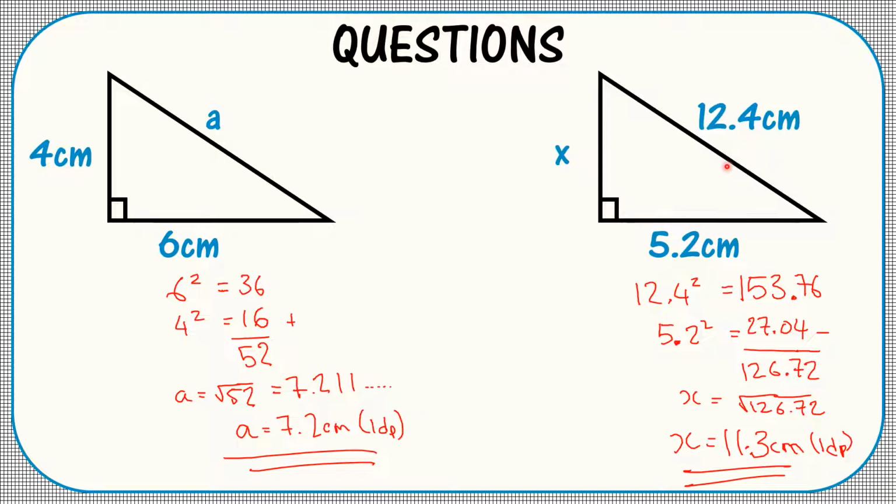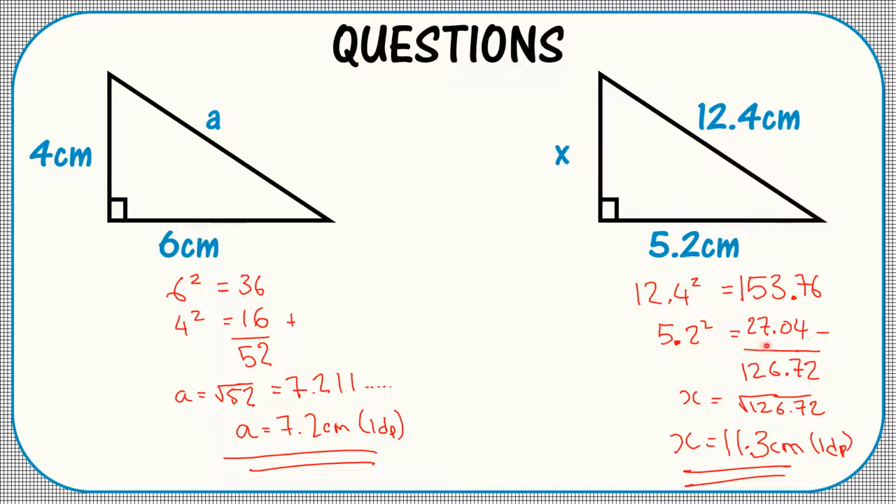In this next example, we are looking for a shorter side. So because we are looking for a shorter side, what you would do is square it, subtract it, square root it. So 12.4 squared is equal to 153.76. You'll square the next number, so 5.2 squared is equal to 27.04. You subtract the two numbers,